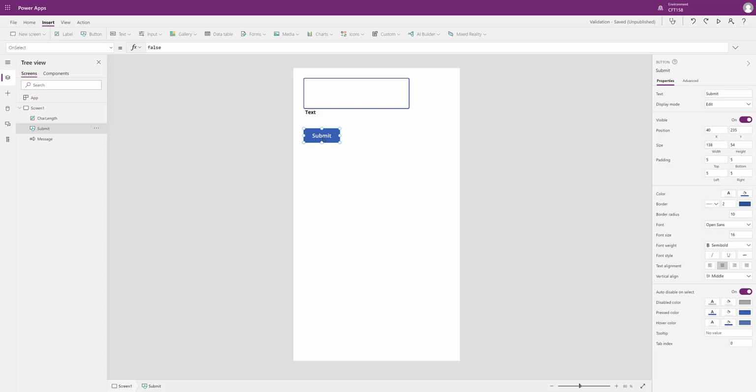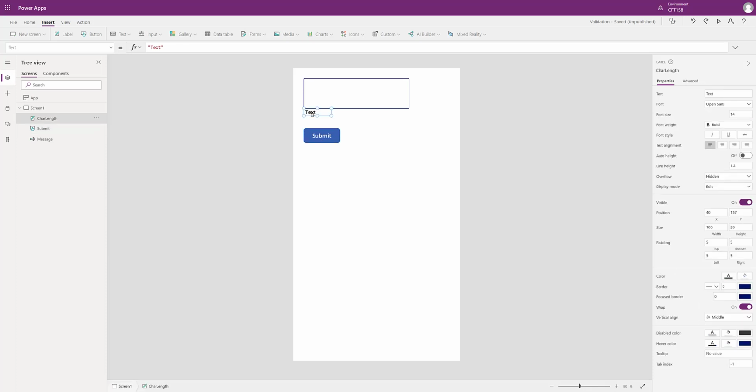So the first thing that we need to do here is to go and select the char length or the counter and change the property of the text to the number of characters to be shown. So default it will look like this, but we have to add some logic to it.